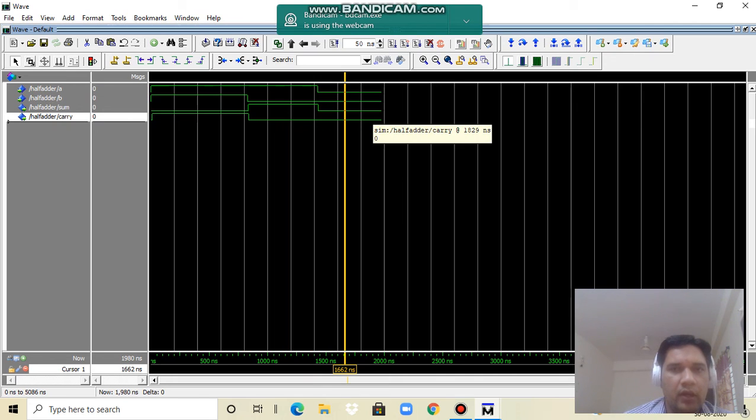Those values you have to match with the help of the truth table. So in the next video we will do the same program with the help of the behavioral architecture type, which is the second architecture type used in VHDL. This program we performed with the help of the data flow architecture type. So next we will perform it with the help of the behavioral architecture type.